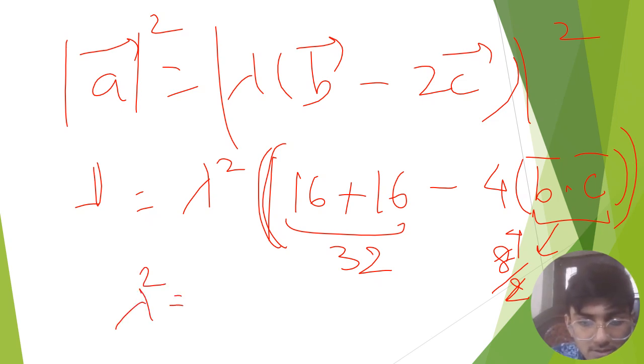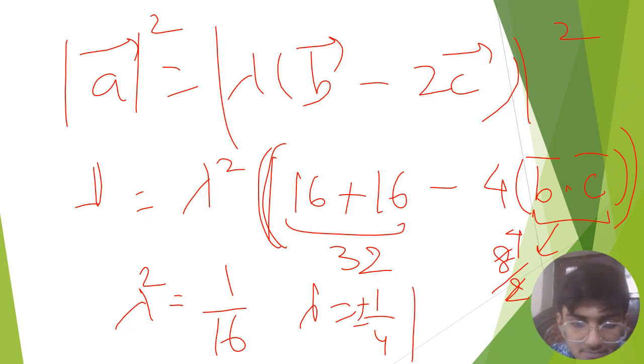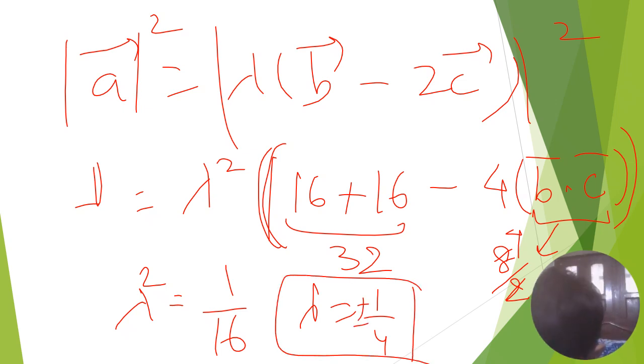So lambda square is coming as 1 by 16. Just do some calculations, you will reach this particular point. Okay, and lambda is coming as plus minus 1 by 4. Okay, so we are required to find the magnitude of A dot C. So yes, we can have this